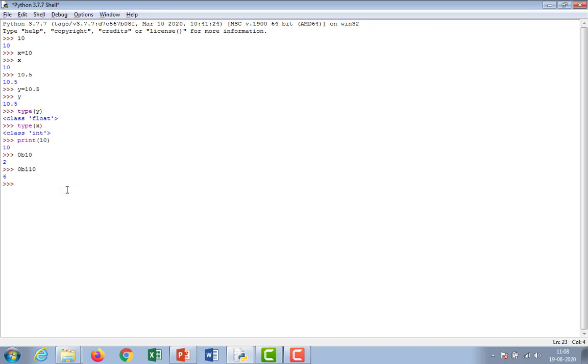Like this, automatically Python takes binary number. If we want to give octal number, at that time what will we do? 0 must be prefixed with the number. Suppose we want to give octal number, then 0 1 0. In the case of binary number, 010 means 2, but in the case of octal number, 010 becomes 8. That's it.